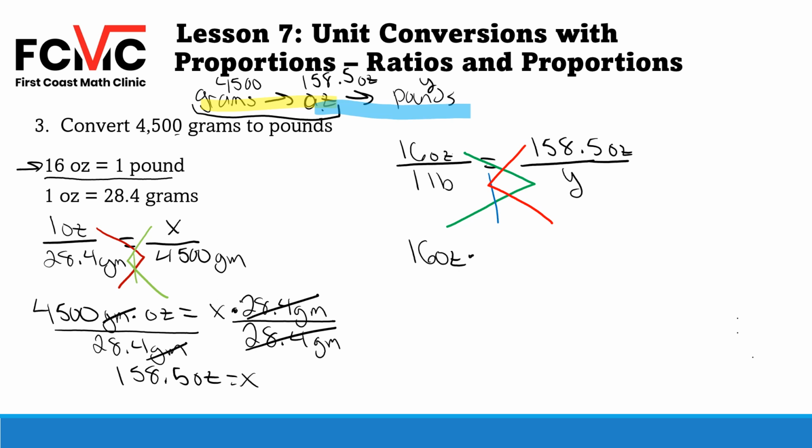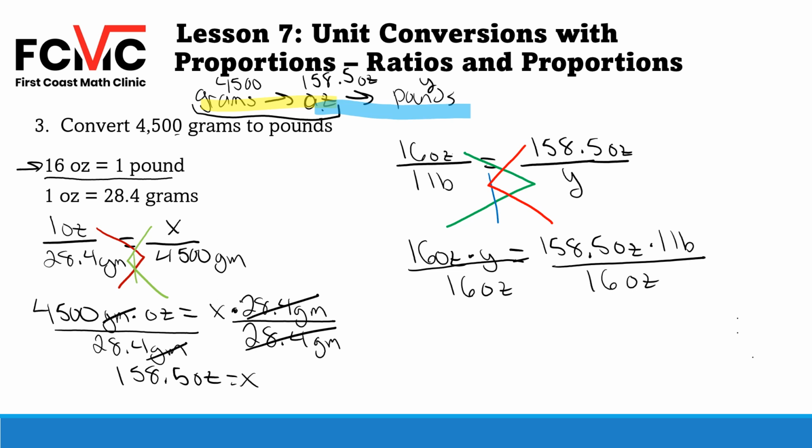16 ounces times Y equals 158.5 ounces times 1 pound. So now let's divide. We want to get that Y by itself. Let's divide by 16 ounces and 16 ounces. 16 ounces and 16 ounces cancels out on the left. We're left with Y equals. Our label ounces cancels out on the right, so our label is just going to be pounds, which is what